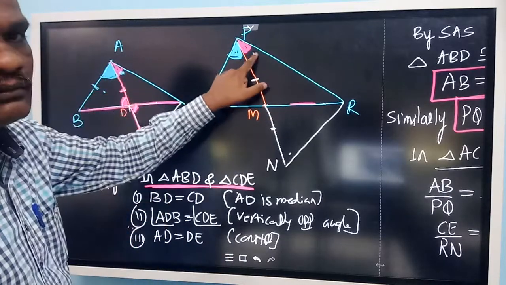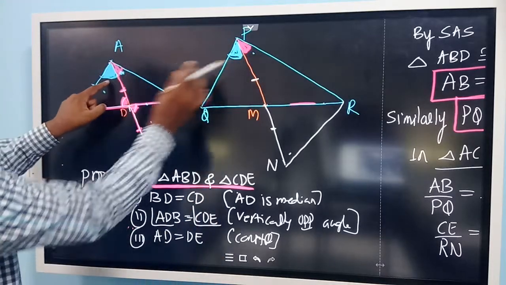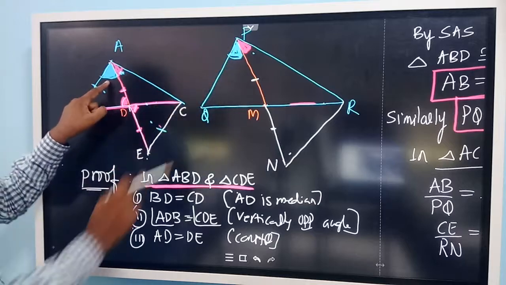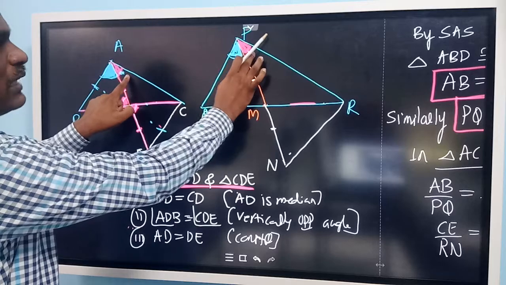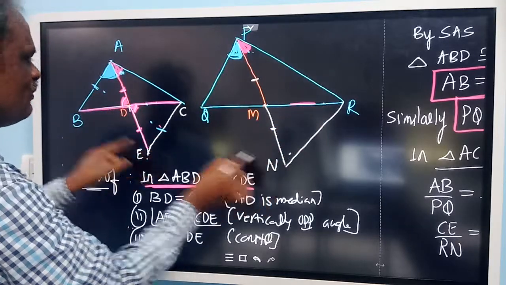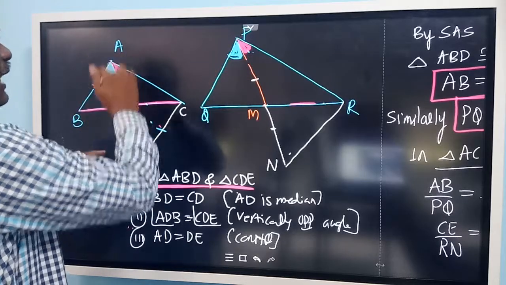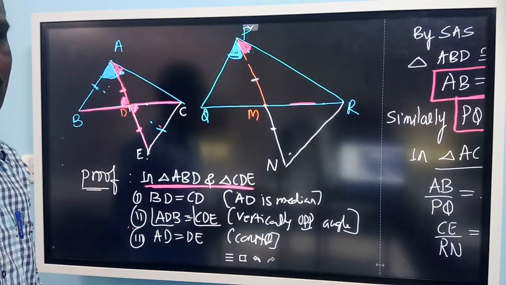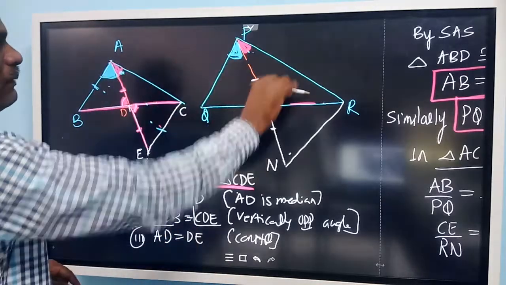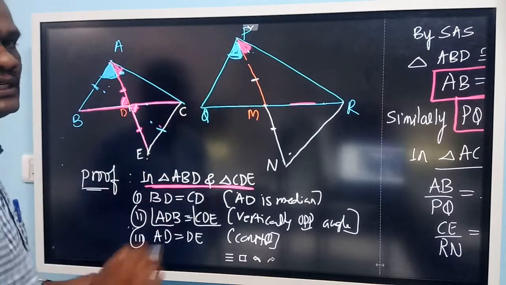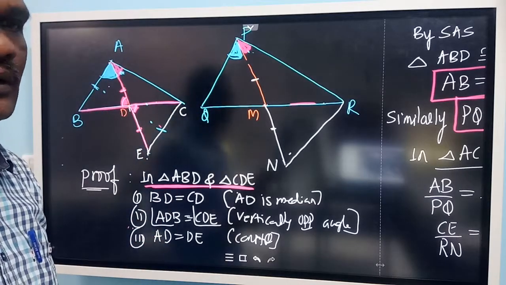Once you show these two triangles are similar, you can write that the corresponding angles are equal. These two angles are equal. After showing these two angles equal, similarly you can show that on the other side these two angles are also equal. As you have shown these two angles equal, instead of constructing this side, if you construct this side, you will get these two angles equal. Adding these two, you will get angle A is equal to angle P. So in the data they have given AB by PQ, AC by PR, and we proved that these two angles are equal. Therefore by SAS we can declare ABC similar to PQR.